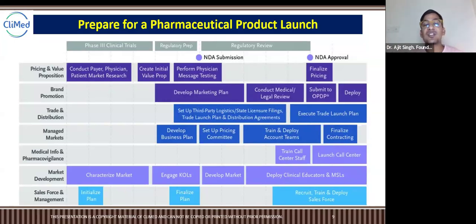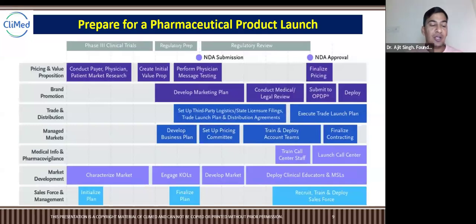They have the sections, products. For each product they need to create the entire sales force, and they have to manage the entire sales force for one product. For the one product they have to create the entire chain, right? So this is how any marketer